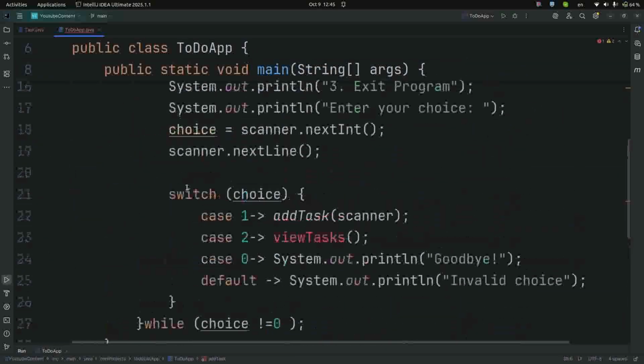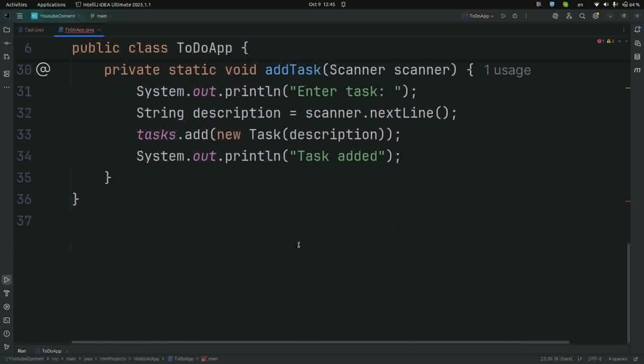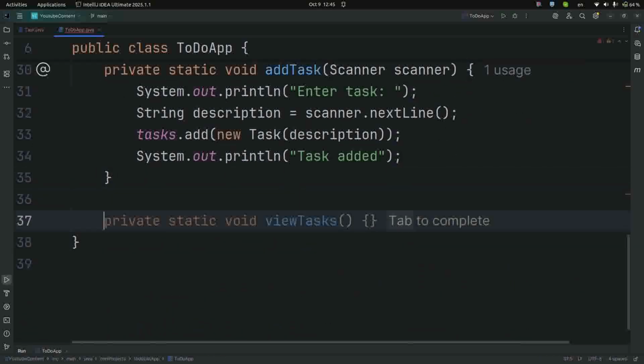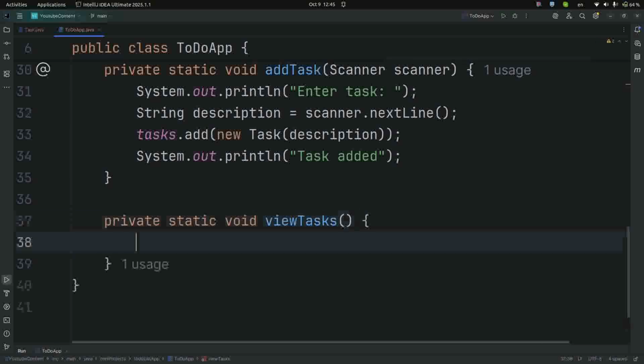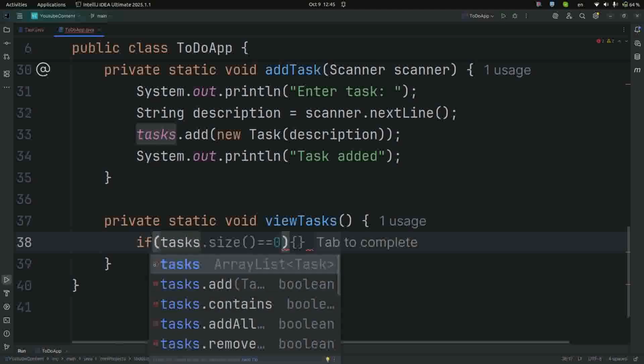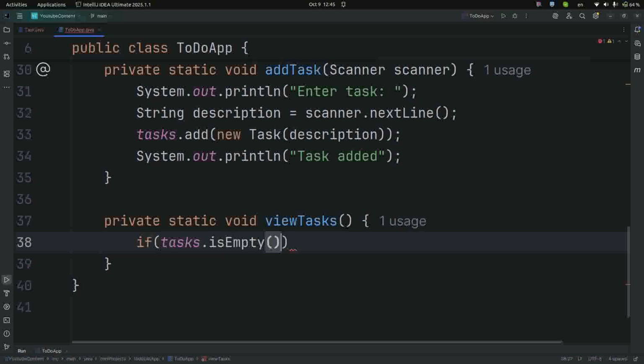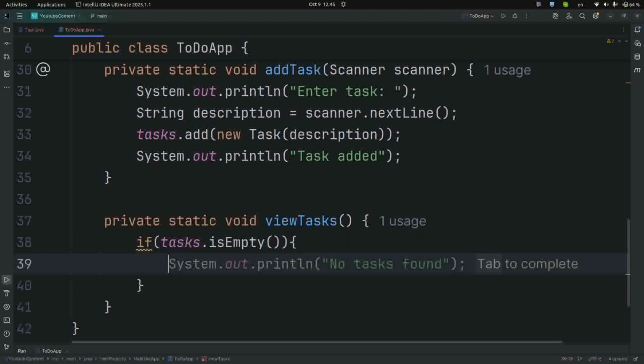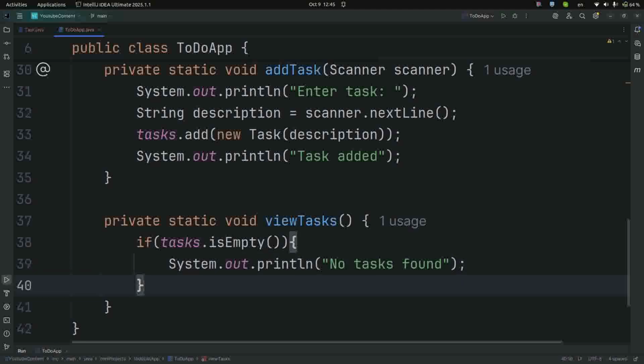Great. Now it's time to implement the view tasks method. So we come down here. Our next method is private static void viewTasks, and when we do that, first we check if tasks is empty. So if tasks.isEmpty, then we open up a block of code, we come down, and we tell the user that no tasks were found. It's a good message for now. And then else,